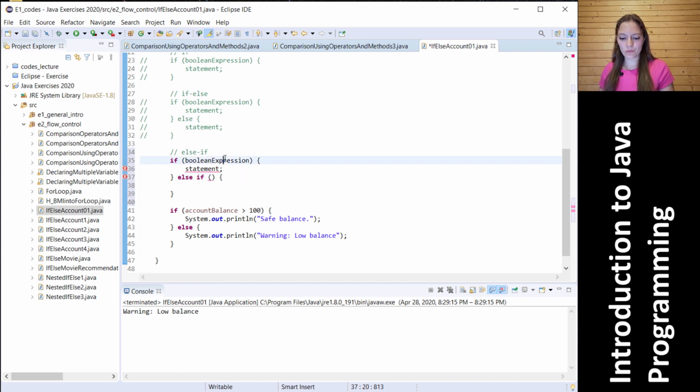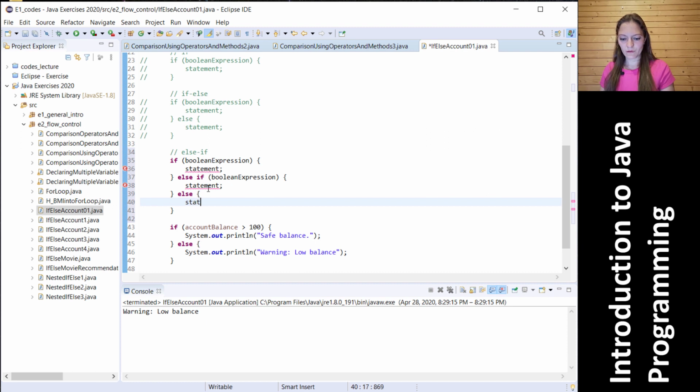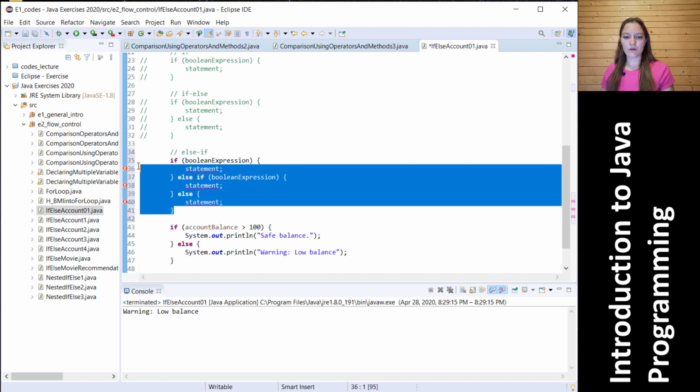So we have one more Boolean expression that will be evaluated. If this Boolean expression evaluates to true, then this statement will be executed. If not, then we have the last option, and this statement will be, in this case, executed. So I will comment this